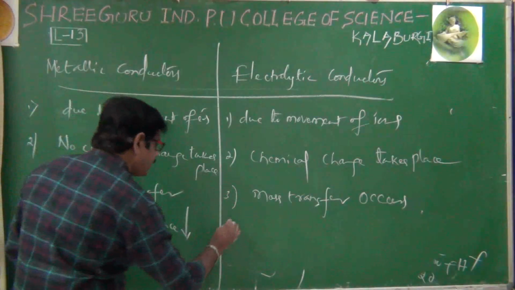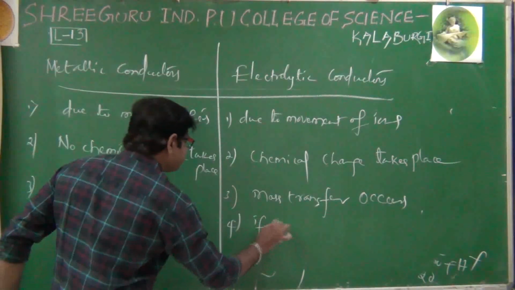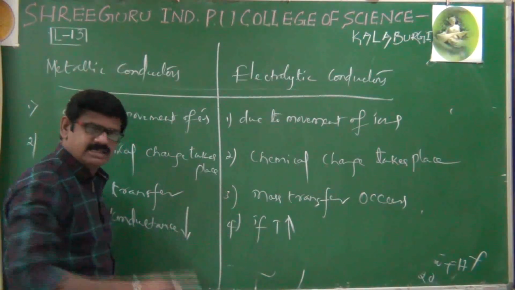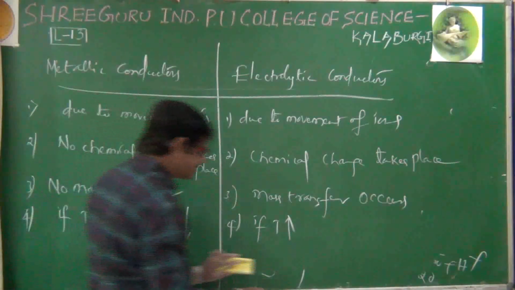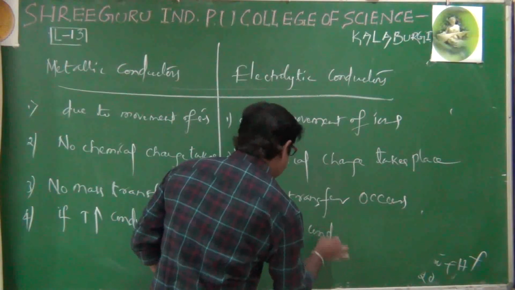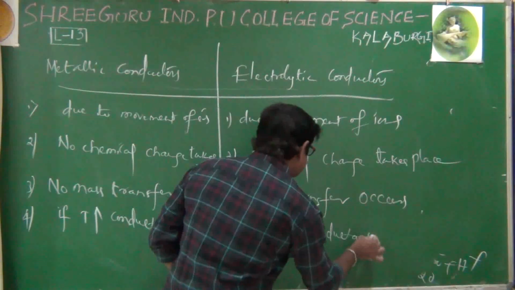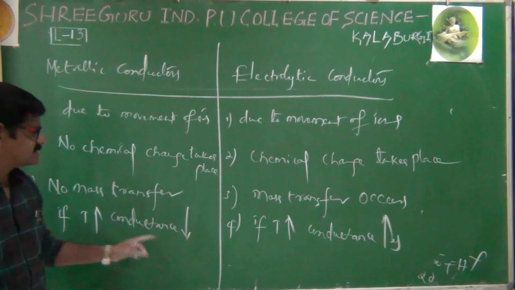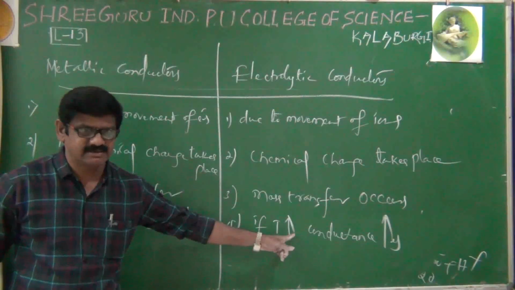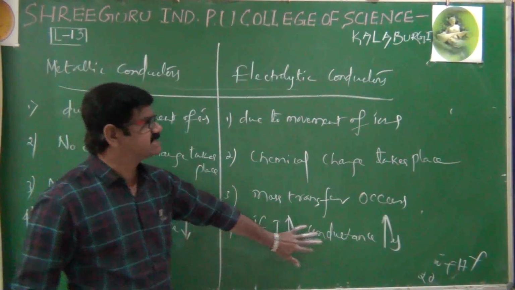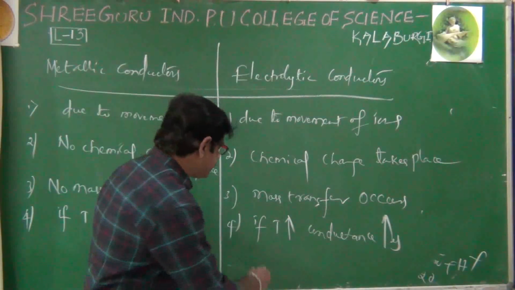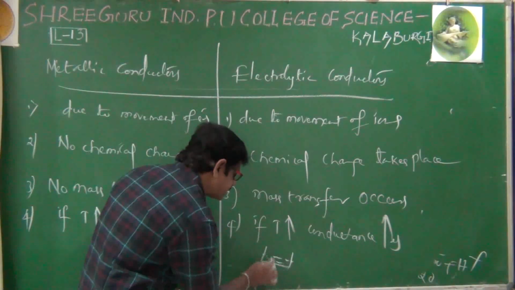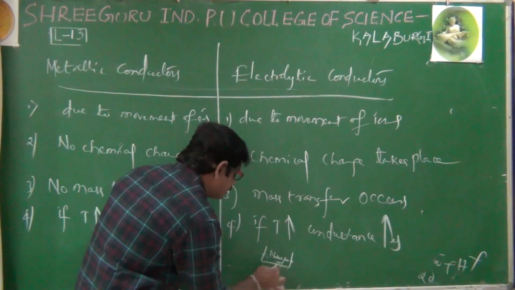Here also, if temperature increases, conductance increases. We'll see the reason now, why it is decreasing here and increasing here. Very simple reason. First we'll see this one. Here, electrolyte and container. NaCl electrolyte has been taken. Then if you heat,